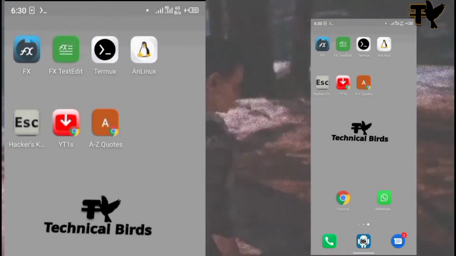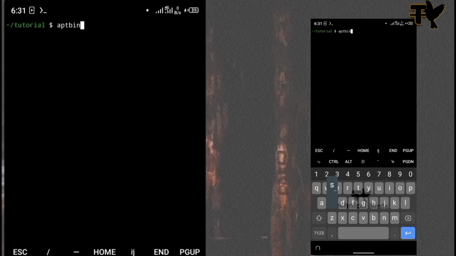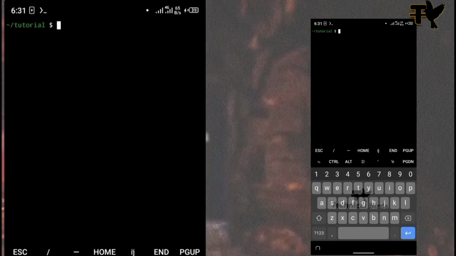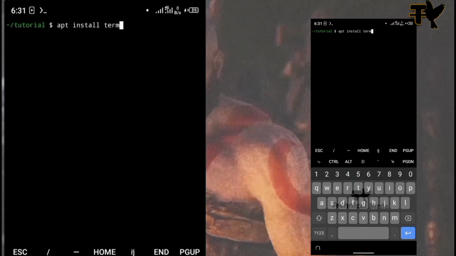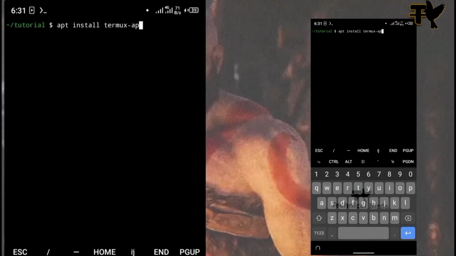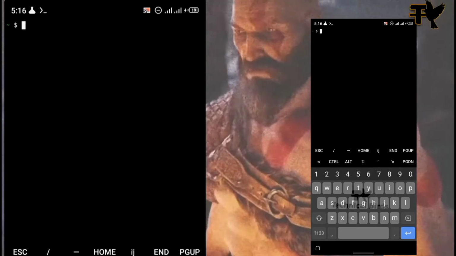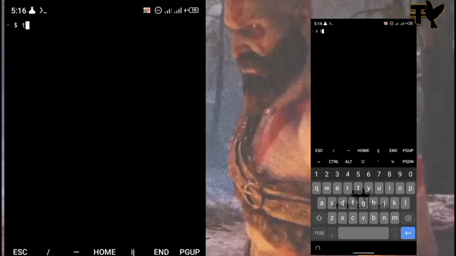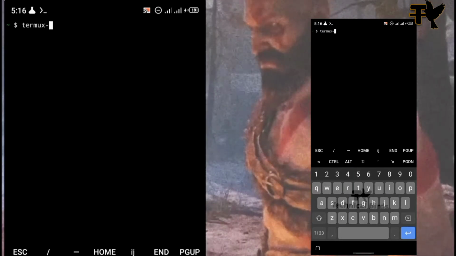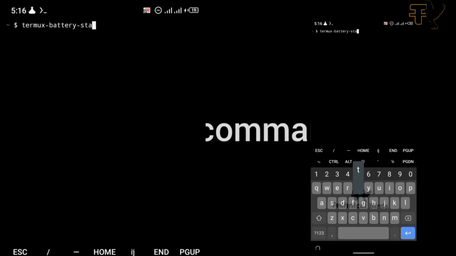Alright, now after installing it, you're going to launch your Termux application back, and you're going to type the command apt install termux-api, and this command is just simply going to install Termux API on your Termux application. Alright, it is going to link it to your Termux application. So the first command we're going to be trying out using the Termux API is the